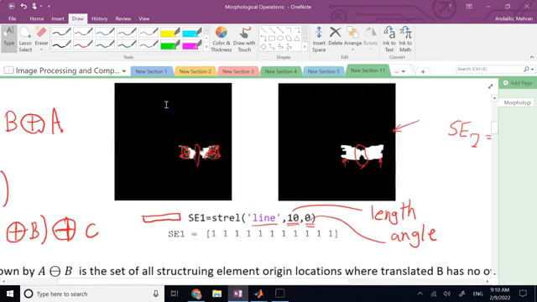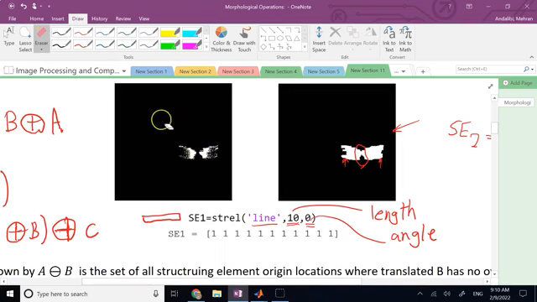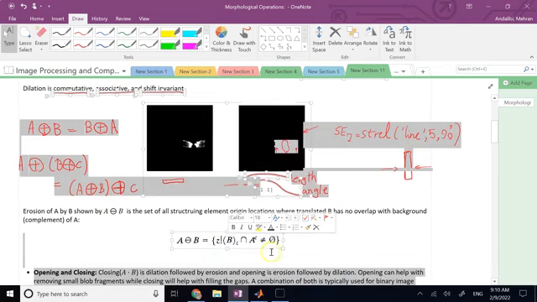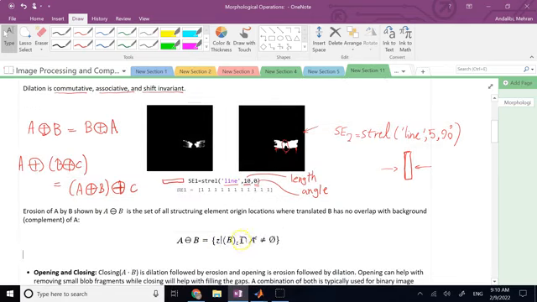Means if this is A, background of A means make every black pixel white and every white pixel black, complement, 1 minus the binary image. Okay, so it says all of the pixels such that the translated B, as you can see here, intersection with A complement is not equal to